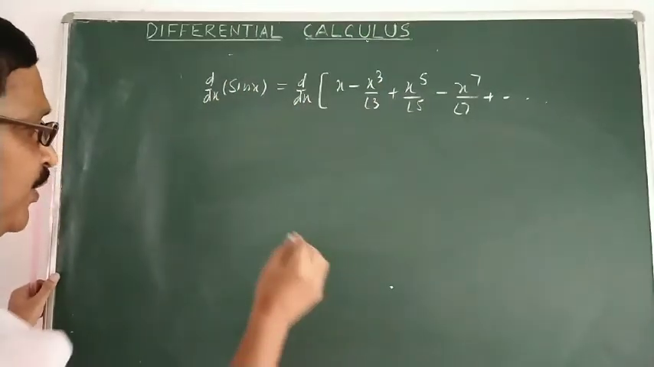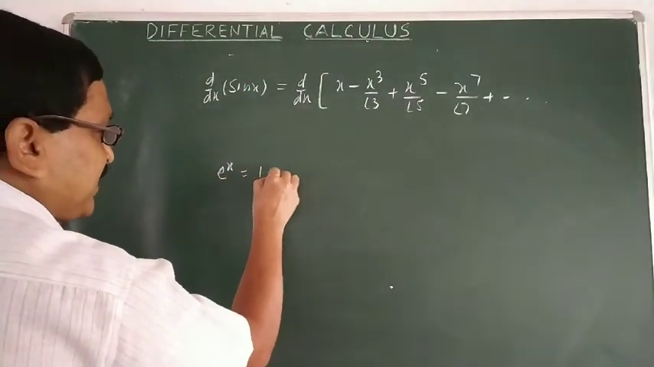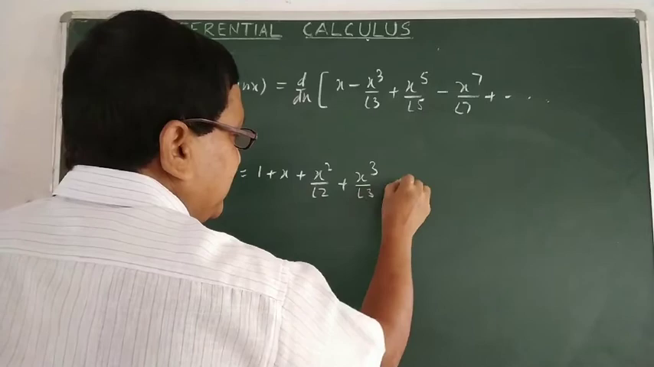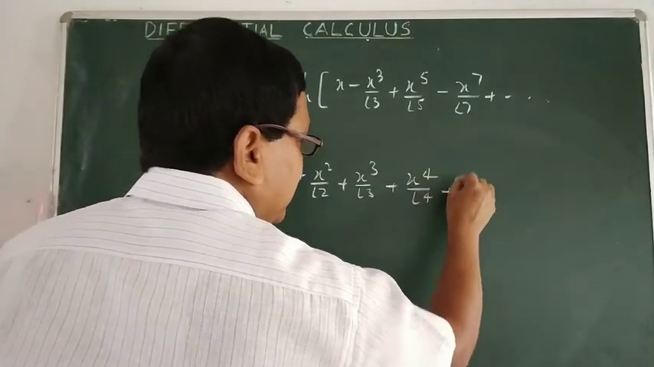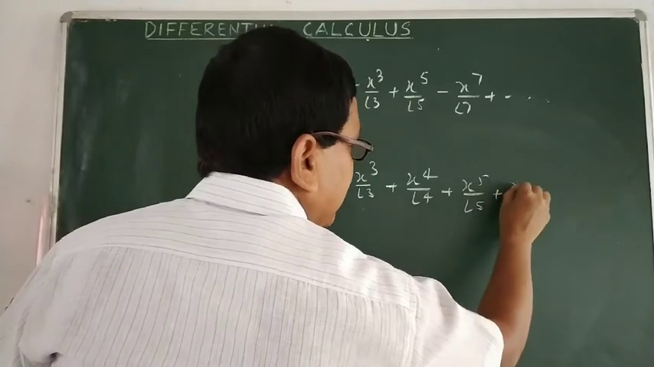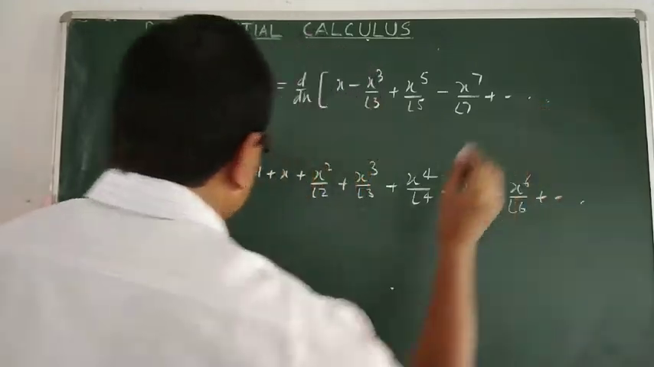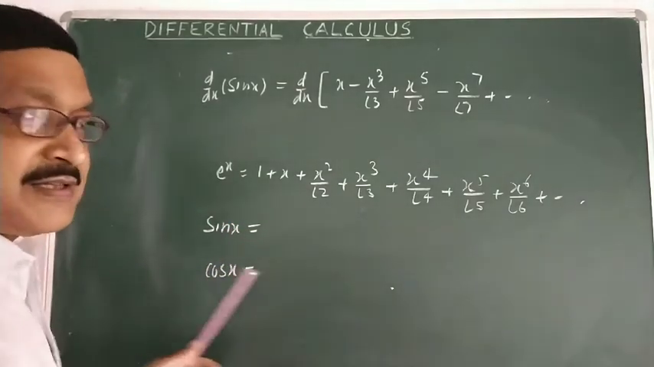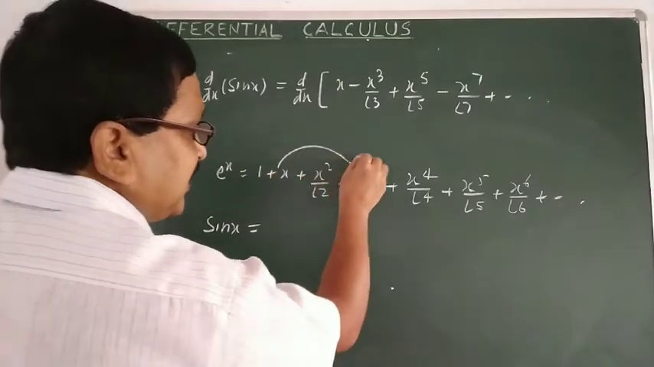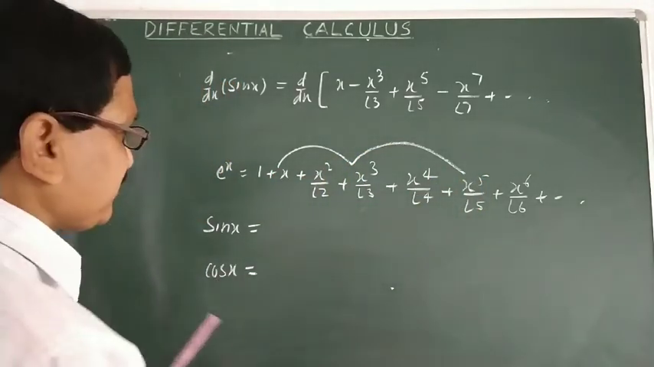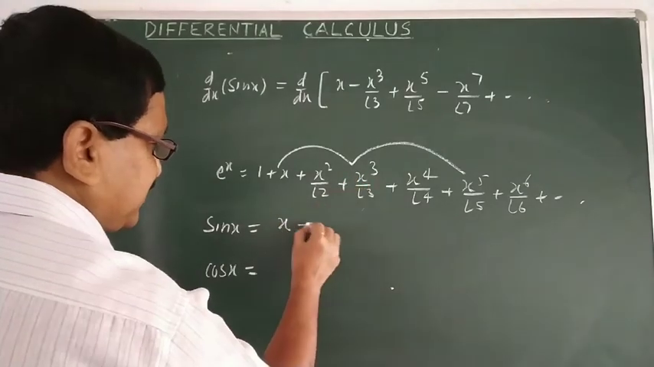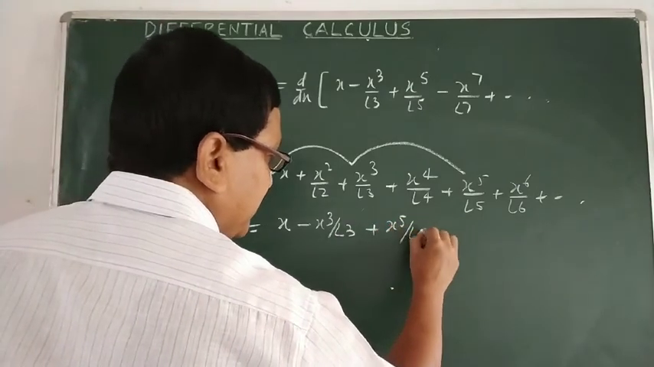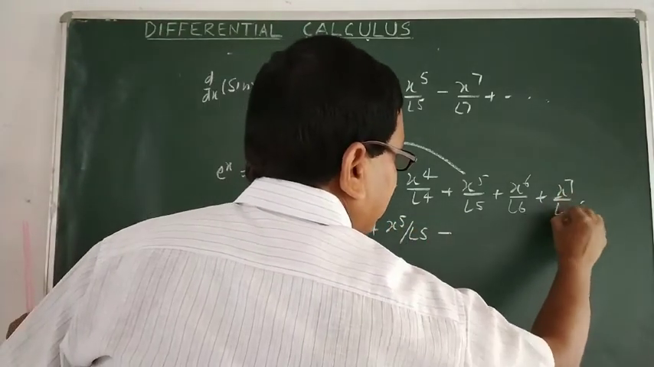Actually, students, you must be knowing e^x is equal to 1 plus x square by factorial 2 plus x cube by factorial 3 plus x^4 by factorial 4 plus x^5 by factorial 5 and so on. From this we can get sin x and cos x. So just see how we get sin x and cos x. Taking this alternate with plus minus sign. Plus minus sign means first x, then minus x cube by factorial 3, then plus x^5 by factorial 5, then minus x^7 by factorial 7